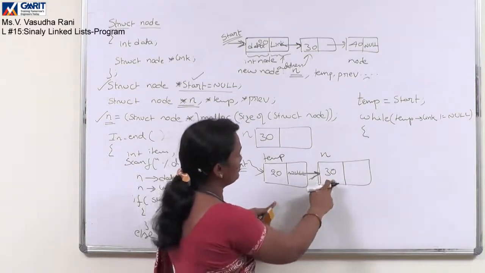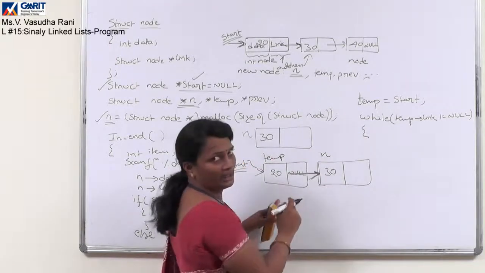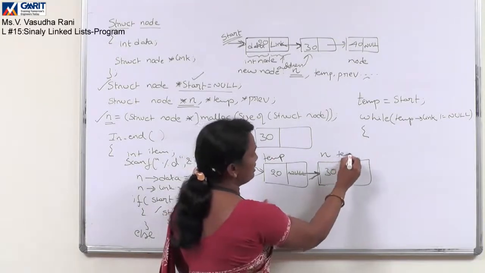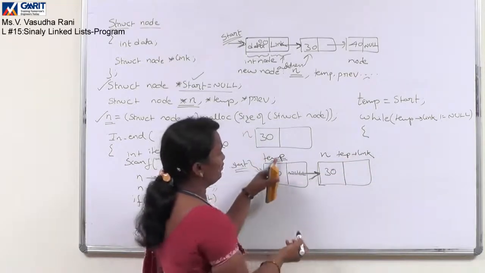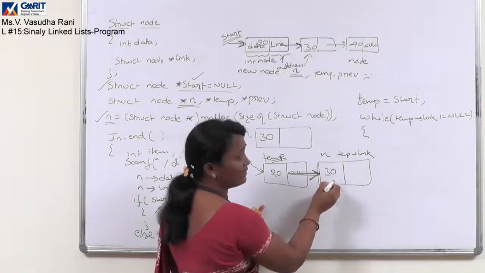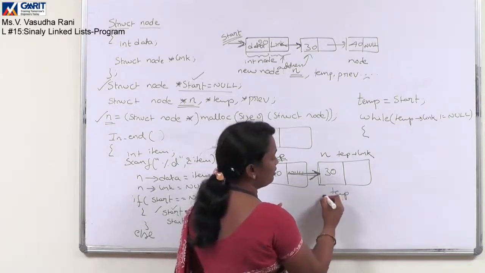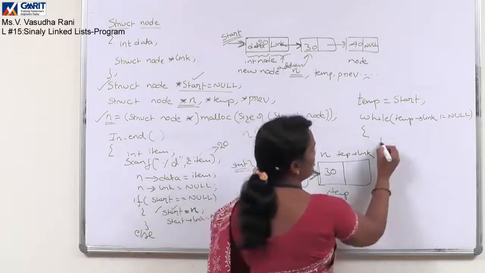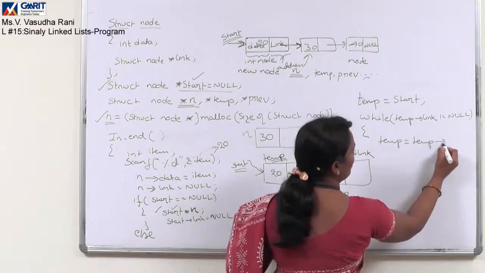How do you go to the next node? It is by making temp equal to temp link. This is your temp link. This is your current temp node. By making temp equal to temp link, it is the address of the next node. By doing that, this will become your latest temp. So here the traversing is that temp equal to